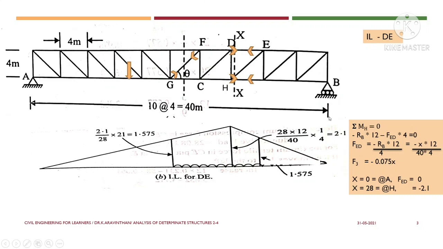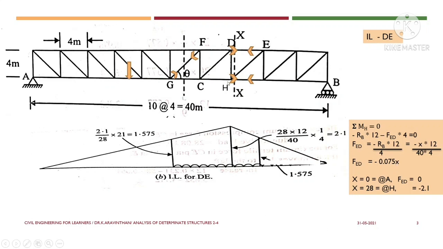So this is also anti-clockwise. So both the things are anti-clockwise. So if you need FED here, you can take this outside, and FED will be minus RB into 12 divided by 4. So we know that RB is X by 40, and after substituting this and simplifying,